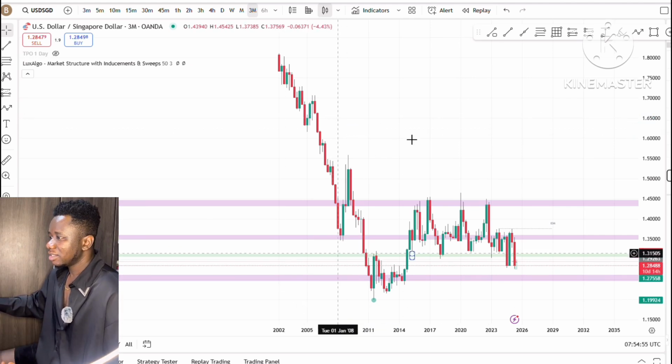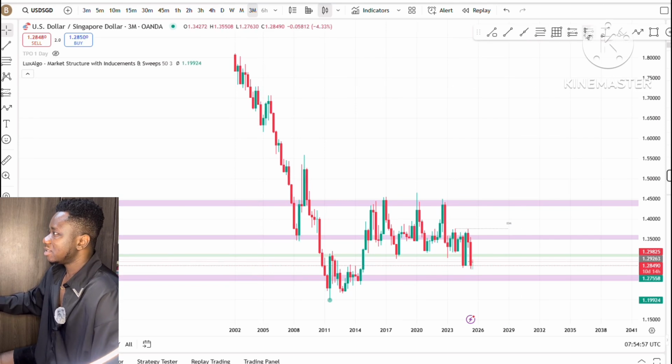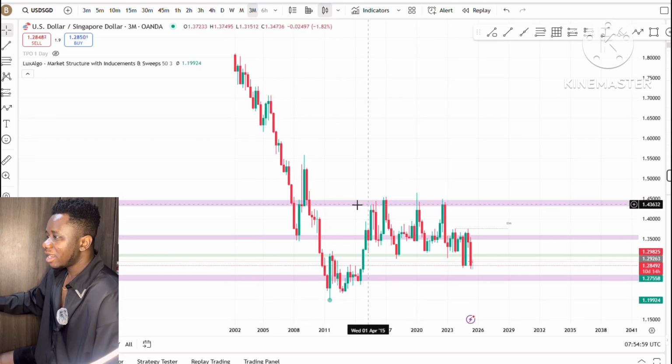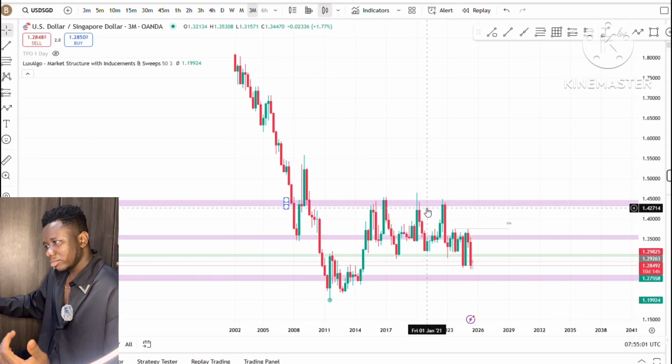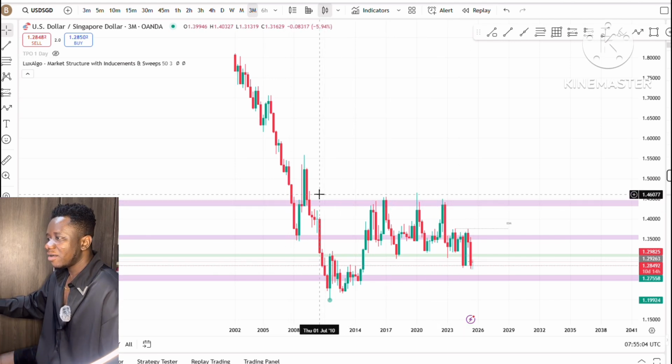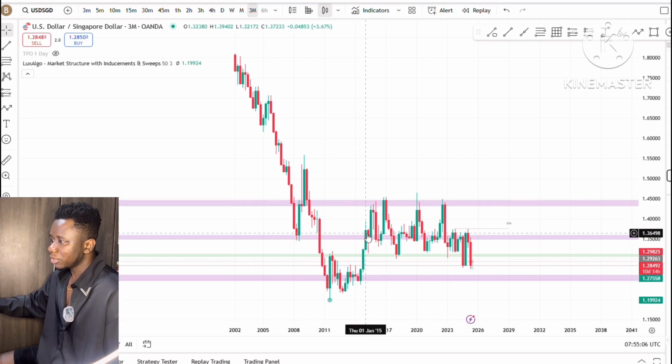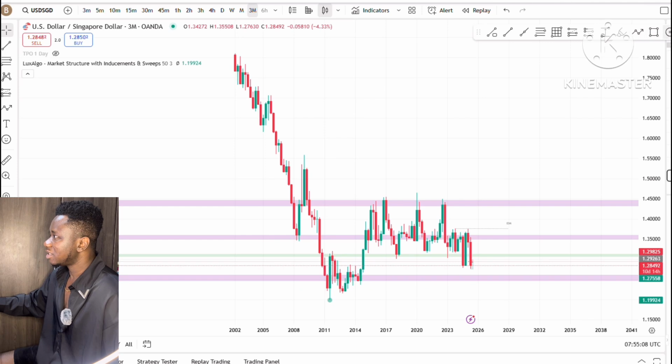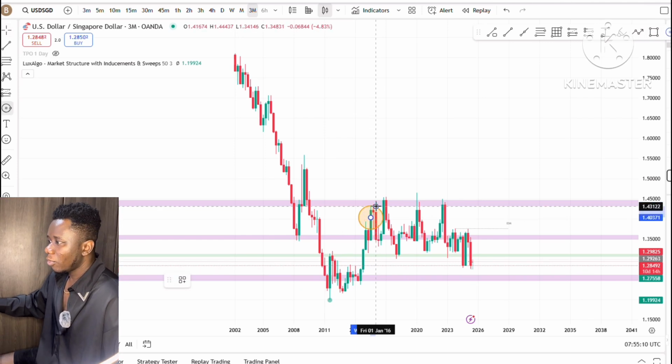So right here, price mitigated a 3 months resistance level. As you can see, 3 months, because if you can see right here, when price came